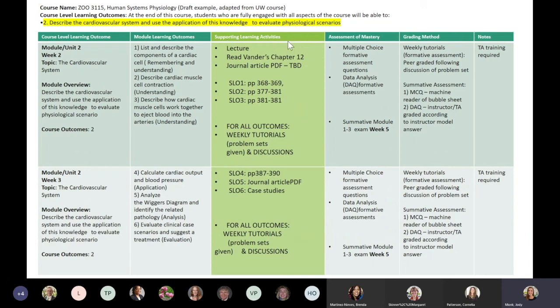I've also worked with some faculty whose assessment of mastery and learning activities are so blended together that they'll change this first column, and again, it's your document, so you need to use it how it works best for you, to learning materials: readings, videos, podcasts, things that they're going to curate and create for students. And then this column is activities and assessment of mastery. So what the students will be asked to consume, and then what the students will be asked to do and submit.